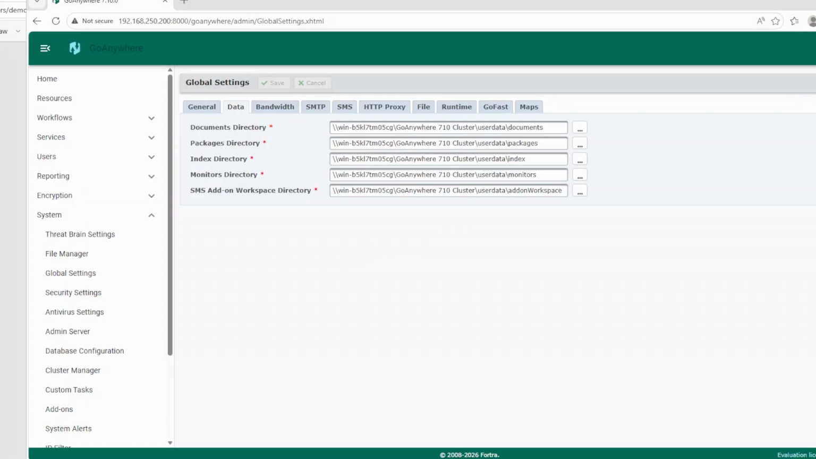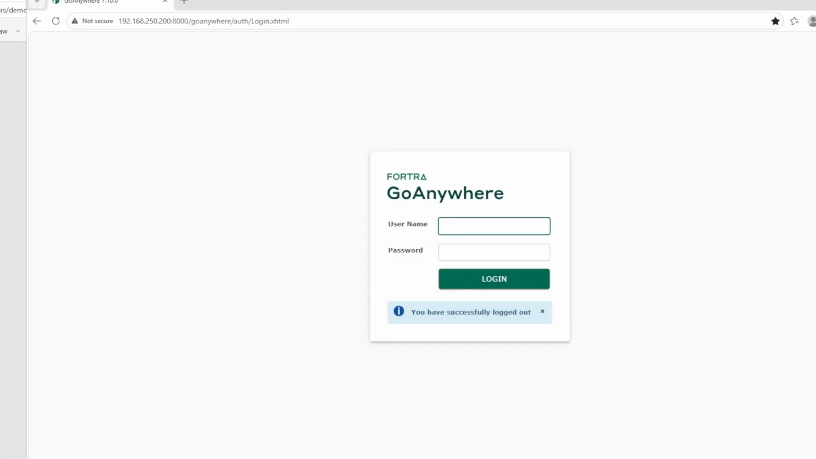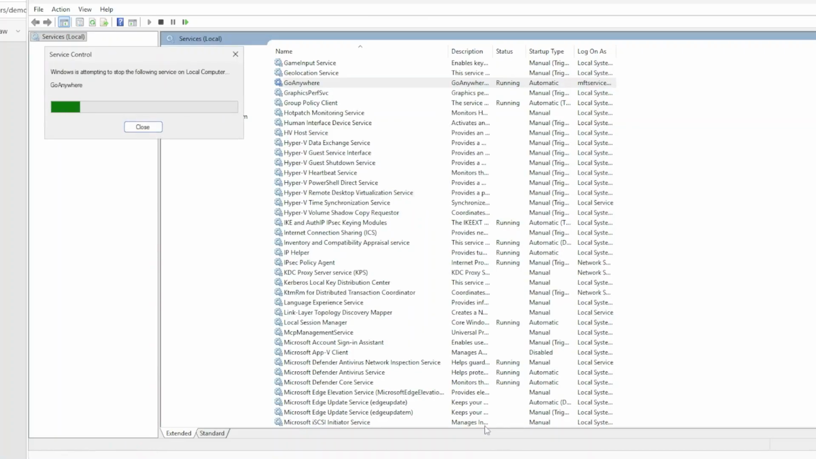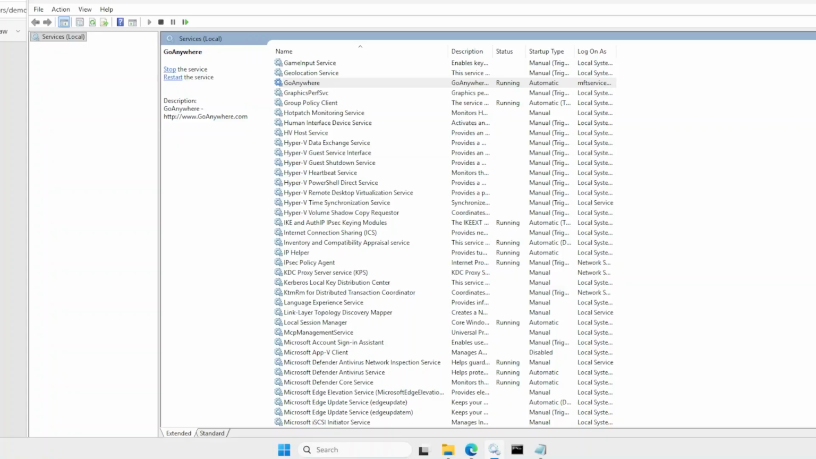So let's go ahead and sign out of the GoAnywhere console. I know that there's no one using it. I could have checked my active sessions, but I know that no one is using it. I'm going to go ahead and stop the GoAnywhere service. Then what we're going to do is take a look at that